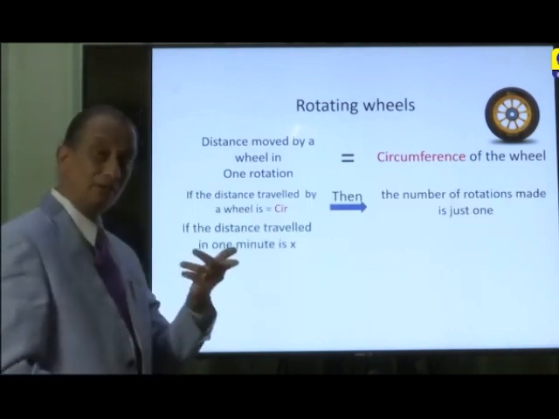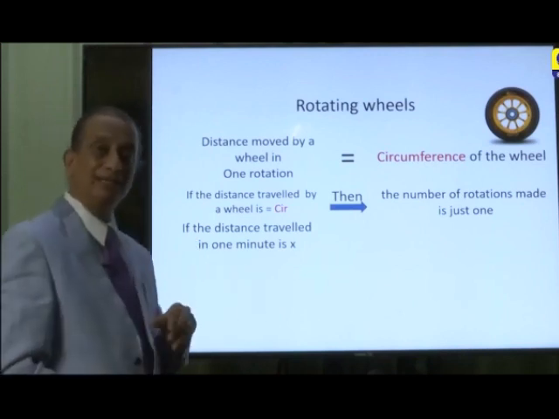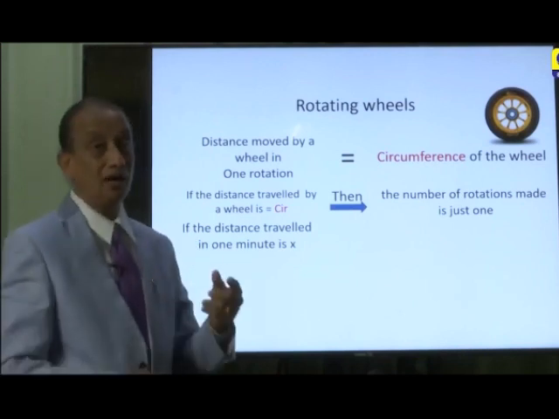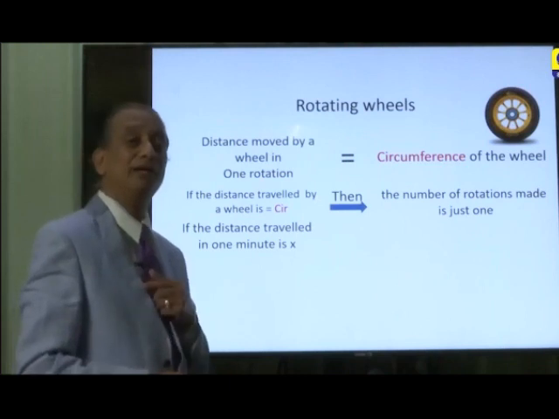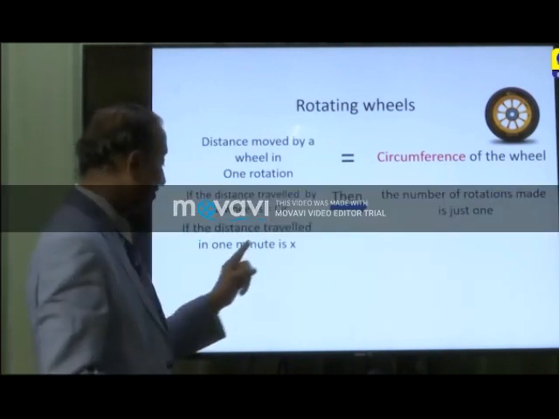Now, it has travelled for 1 minute, say. If the distance travelled in 1 minute is x, in such a case, how many rotations would it have made? So, that is what we are interested in. Okay. So, if the distance travelled by